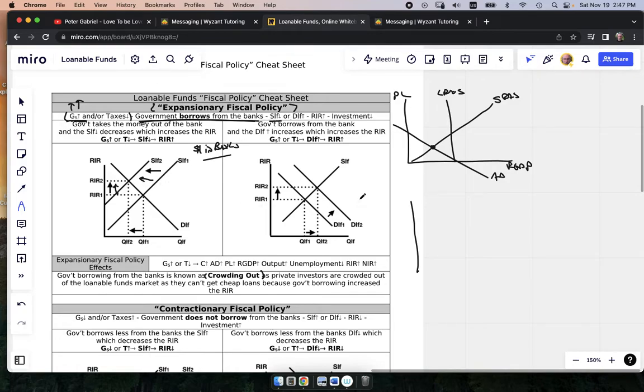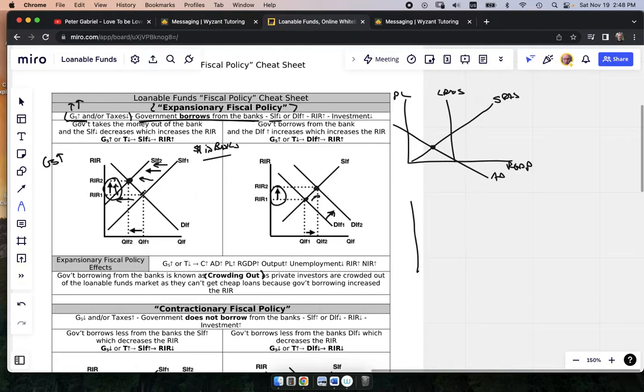Now, here's the tricky thing about loanable funds: you could answer this question, when the government is spending, what's happening to the real interest rate? We see that the real interest rate is going up in both of these scenarios. But you could have shown this graph. When they ask you to draw the graph, you could have either shown a supply of loanable funds decreasing, which drives up the real interest rate, or you could have understood that when the government walks into the banks and says, I need $1 billion, that's got to be increasing the demand for loanable funds. And then when the money comes out, it shifts the supply of loanable funds to the left. Both of these are going on at the same time.